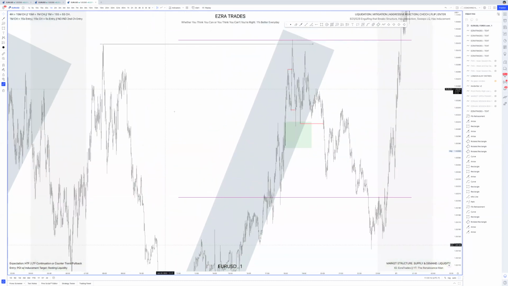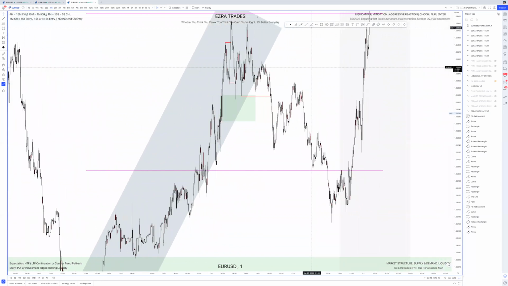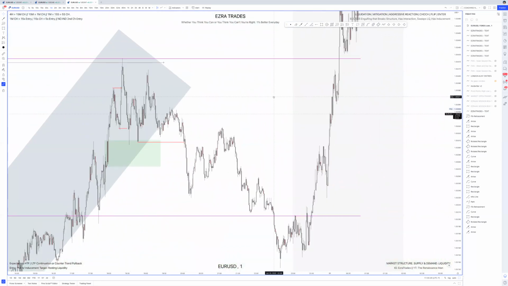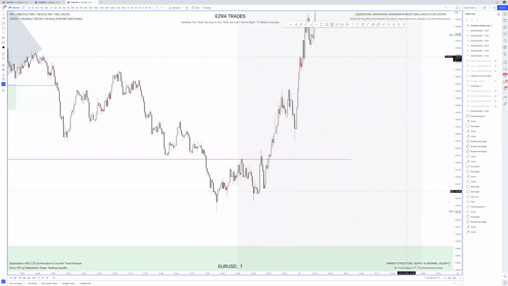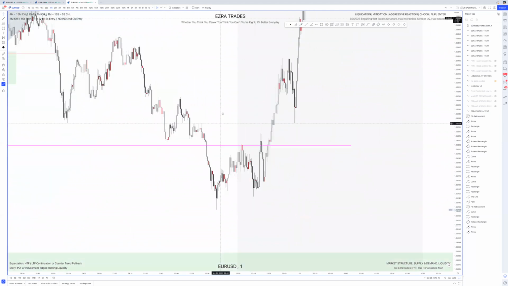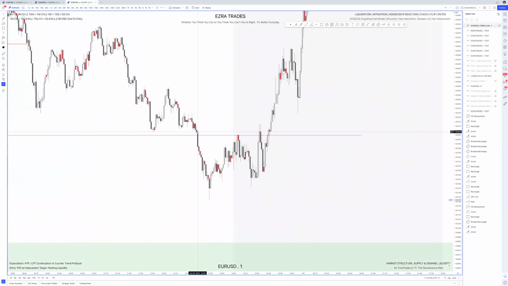So we have a lot of buyers in this area, and so we swept them, took out the orders, we pulled back, and it looks like we took the high now, right? That's when we actually got a break of structure here, right? But here's why this makes sense, right? At this moment, you can see that order flow was favoring bearish intentions,